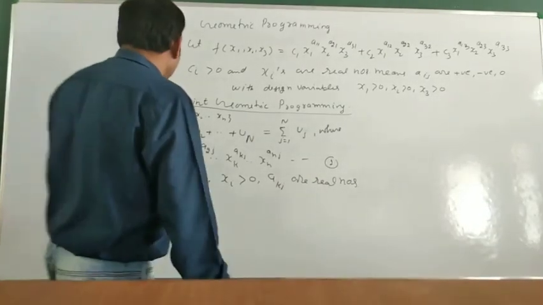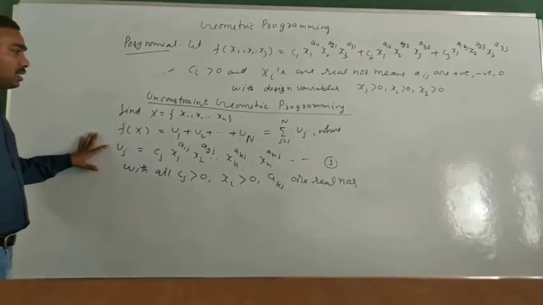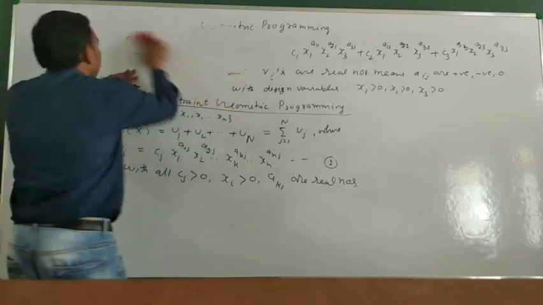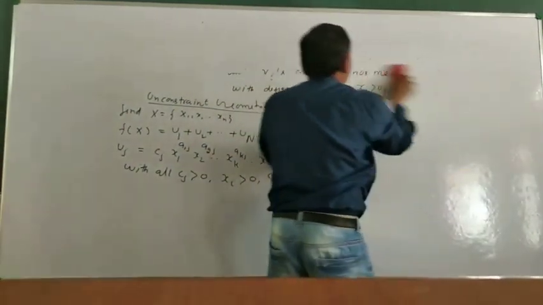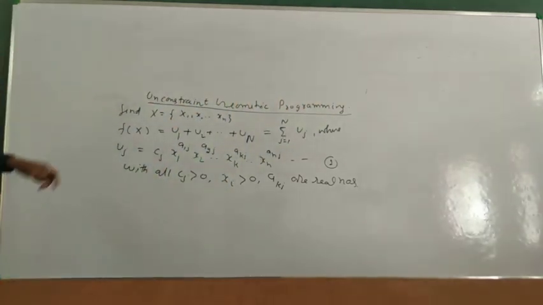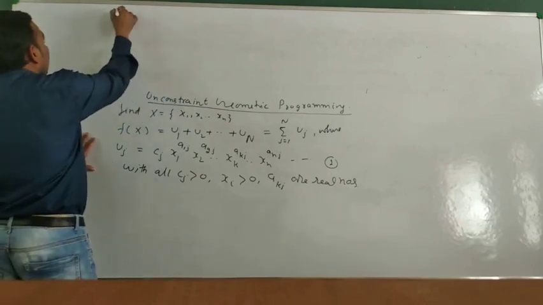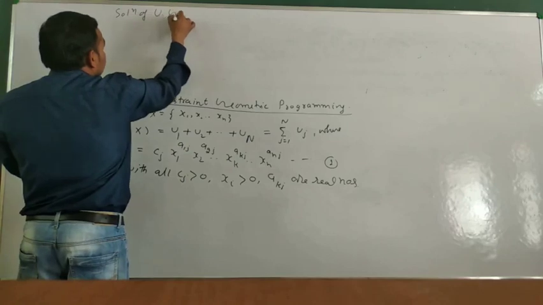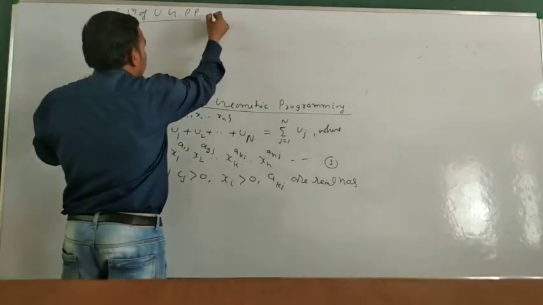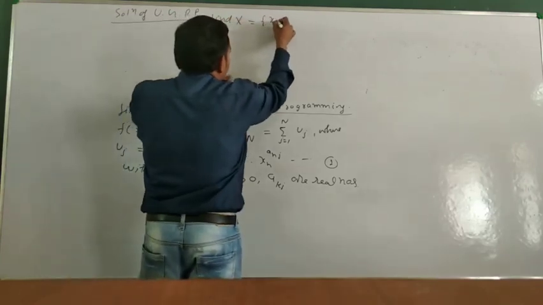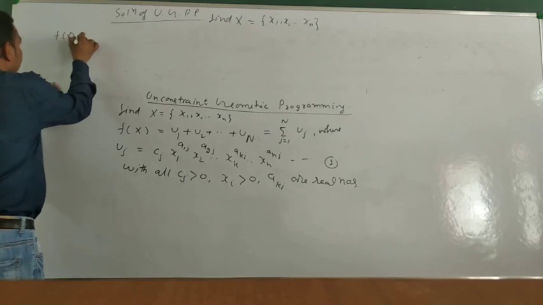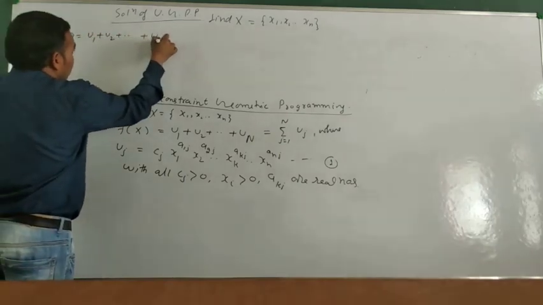Now we want to find the solution of the unconstrained geometric programming problem, meaning find X = (x1, x2, ..., xn) that minimizes the objective function f(x) equal to u1 plus u2 up to un,